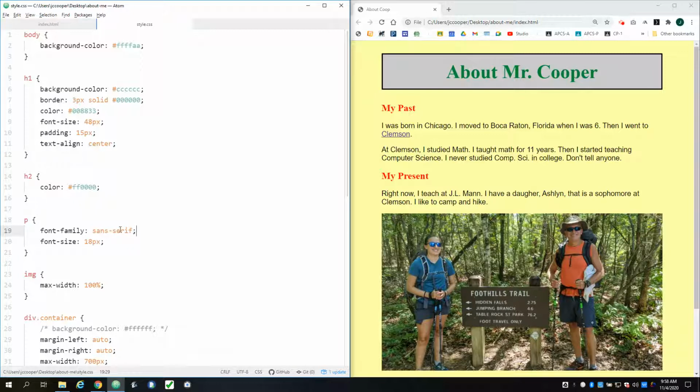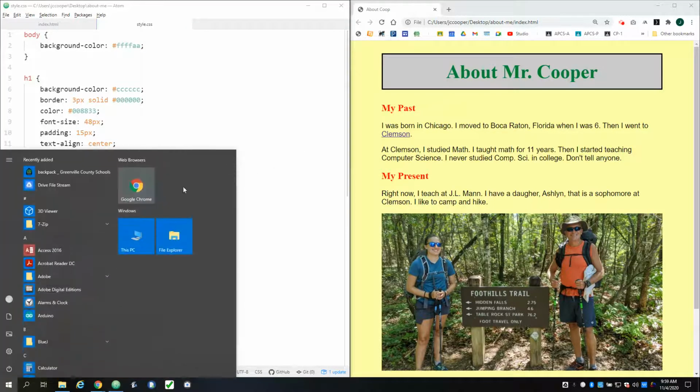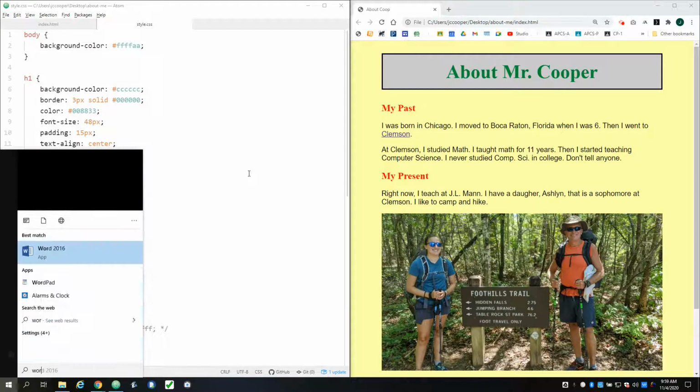But we still haven't specified the exact typeface we want. So I'm going to show a couple different approaches to this. I'm going to start out with one that is a very wrong idea, and explain why, and then I'll show you two approaches that are better. So the first thing we might want to do is fire up something like Word